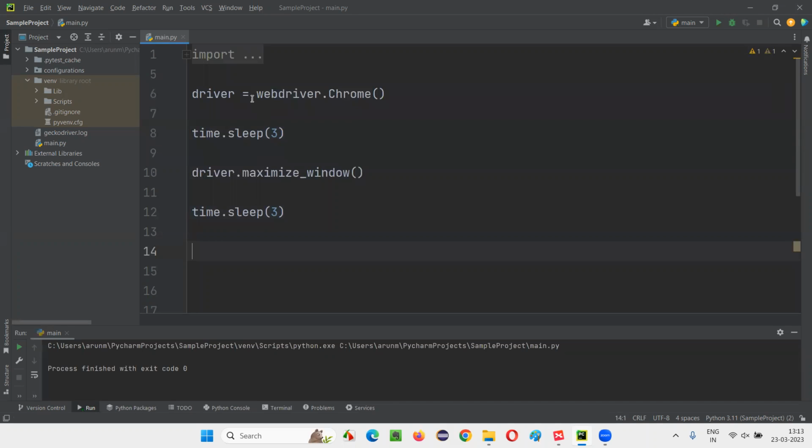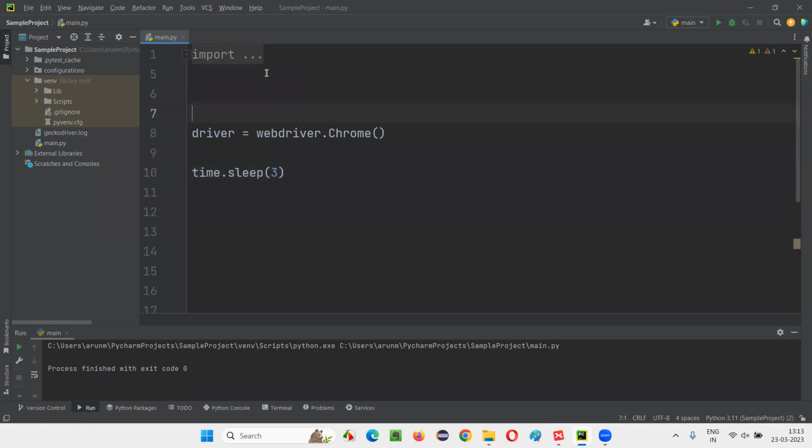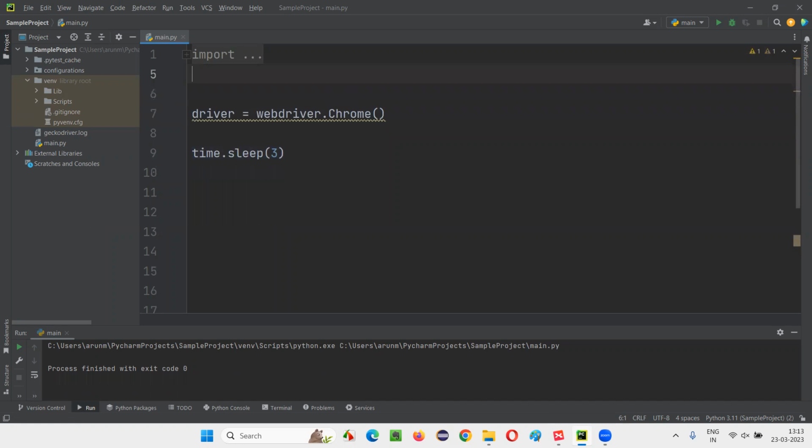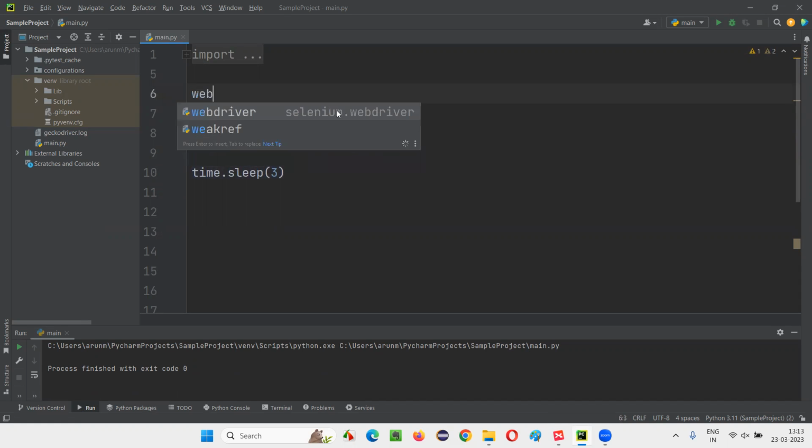Now, what I want to do is I don't want to launch the browser in normal mode first and then go for maximize mode. It's not like that. Directly, I want to launch the Chrome browser in maximize mode. How is that possible? I don't want to write all this stuff. Rather, I want to launch the Chrome browser directly into maximize mode. For that, we have to apply these Chrome options. Okay, we have to write